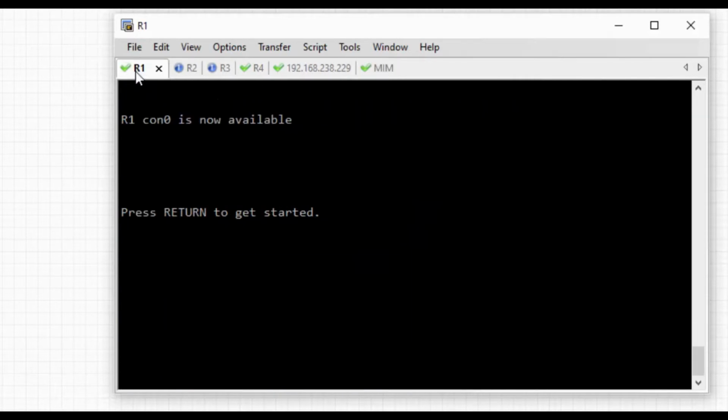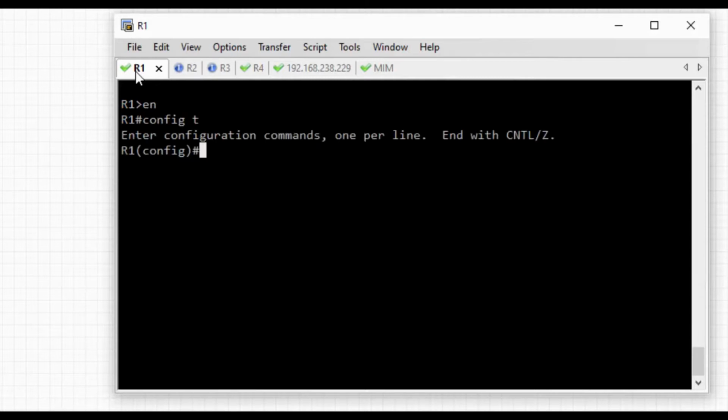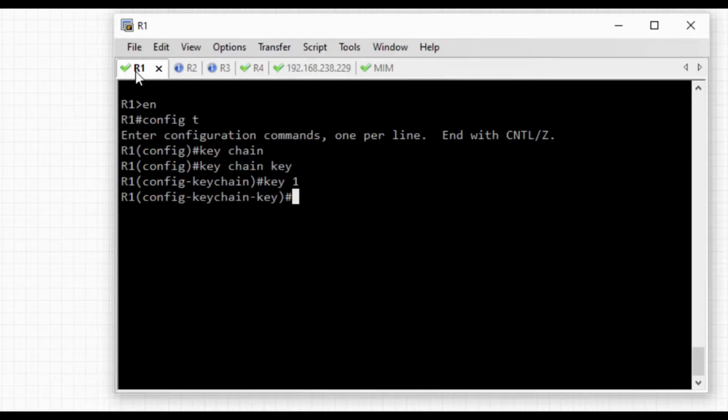Now I will configure the authentication profile in R1. To configure the authentication profile, we have certain commands. First we need to enable the keychain. Any name; I will mention key, and key 1, and I will mention my password as 123.